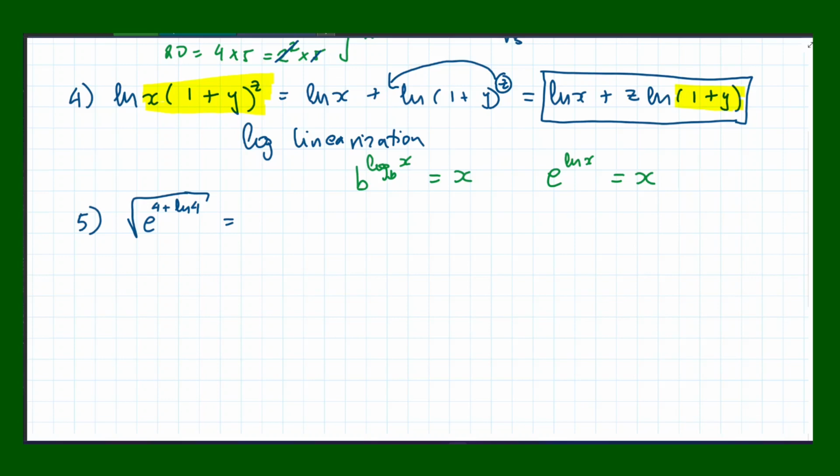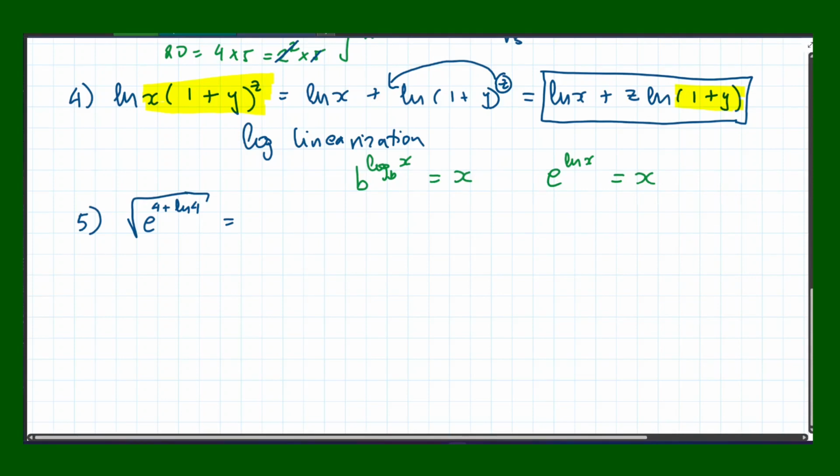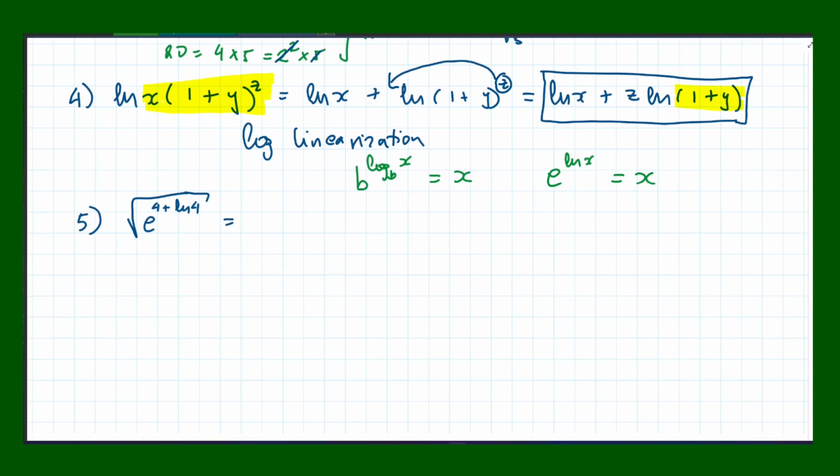Firstly, I have got a root, and moreover, in the exponent I have got a sum, not just a simple ln. So let us deal with those step by step. First things first, we remember that a root is a fractional power. So I'm going to keep e to the 4 plus ln 4, and now I rewrite the root as a